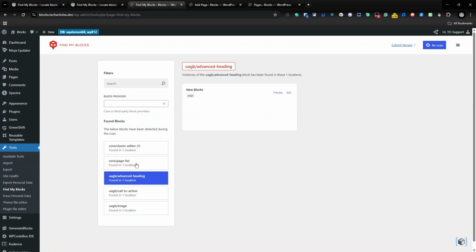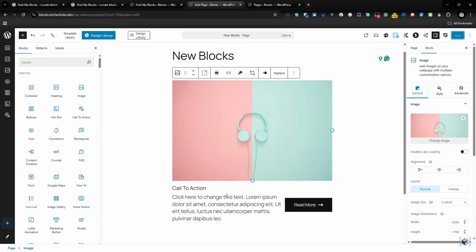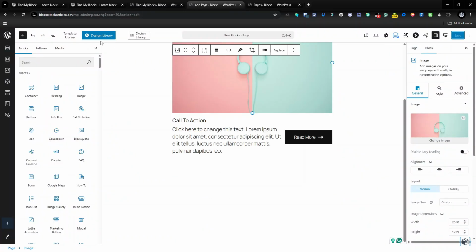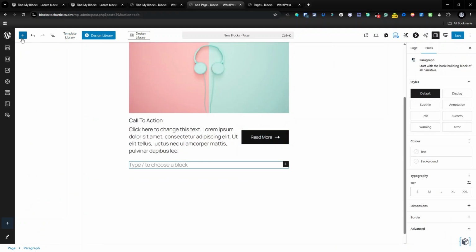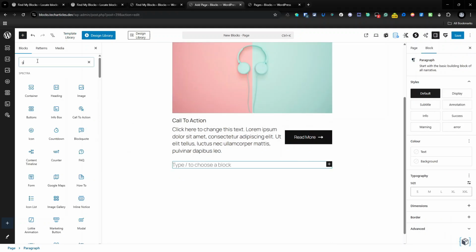Now, if I was looking to remove Spectra, as an example, I could then look for alternative blocks within what I was deciding to keep to replace these items. Maybe I'll use GenerateBlocks and I'll add an advanced heading, an image, some text, and a heading and a button, all in one go. So I could, for example, head over here and we could go to the block inserter, and if I limit this to Generate,